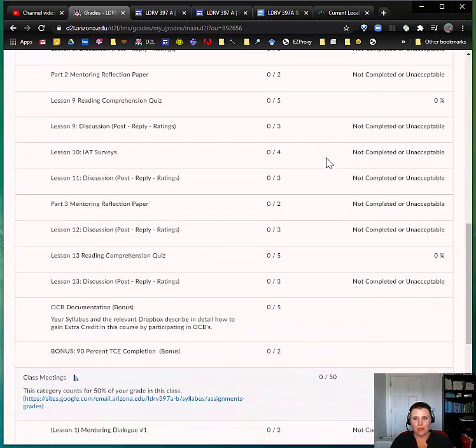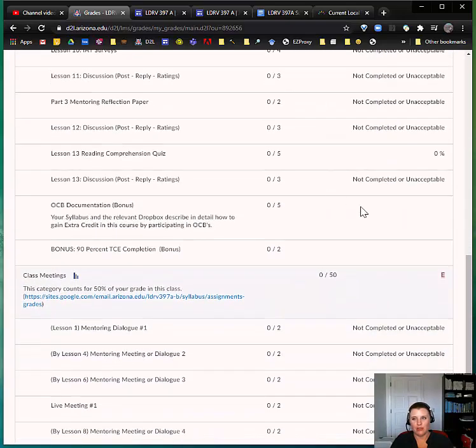But you can see what each thing is worth, what you've got. You'll get your feedback over here to the right. Occasionally, you'll still need to go to the assignments Dropbox itself to get your full feedback. For example, I leave a lot of audio feedback for students because it's often more effective to hear me say what an issue was with an assignment versus reading it. So for that reason, we leave a lot of audio feedback too.